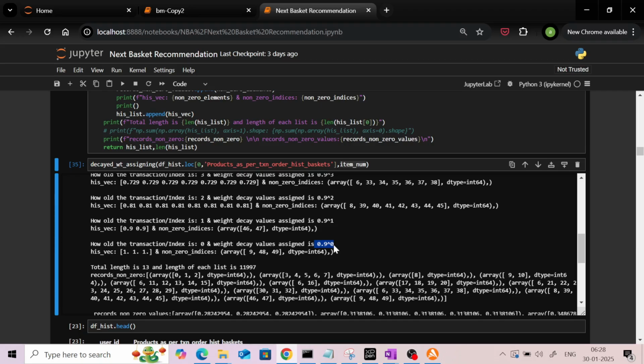Anything raised to the power 0 is 1. So that value will be inserted to the index position of ninth, 48, and 49. So we can see, since there were a total of 13 transactions, so